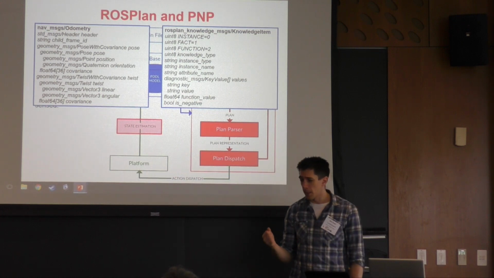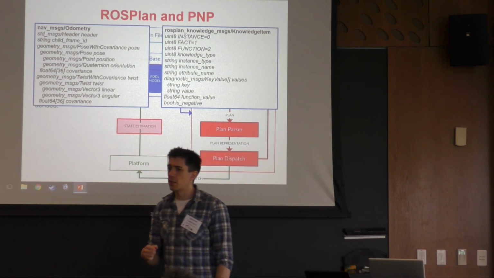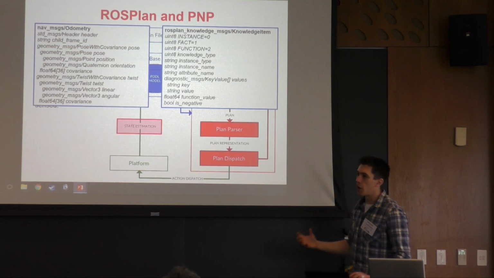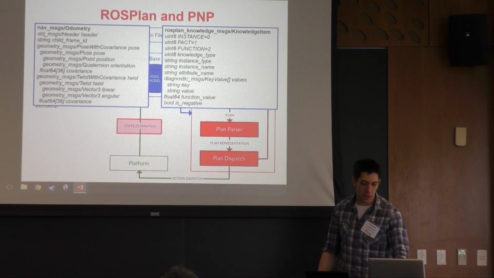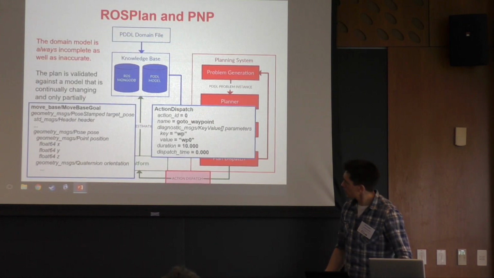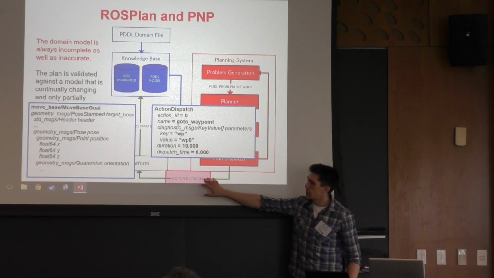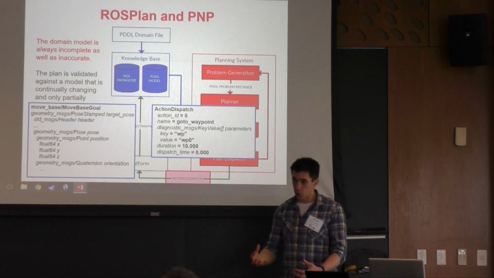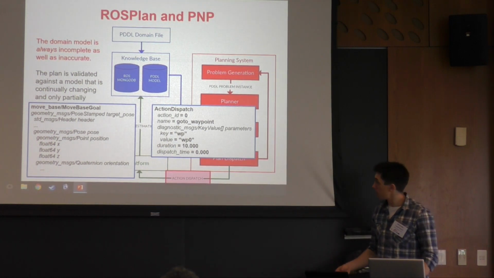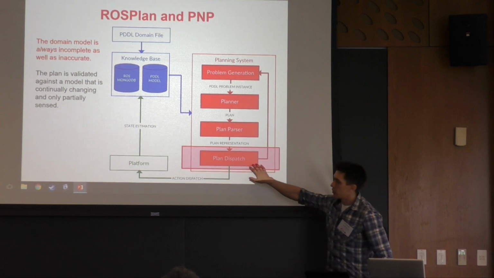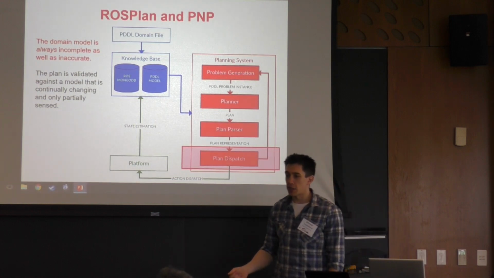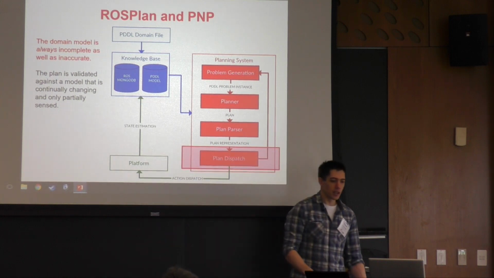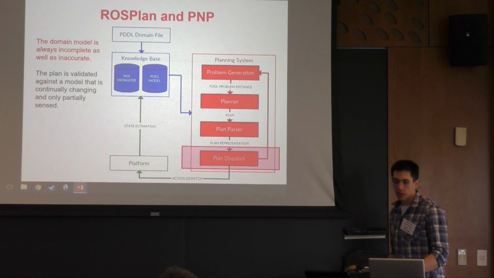And importantly, all of the state estimation that's performed there is the state estimation required to be able to validate the current actions in the plan. Similarly, these components which translated the symbolic PDDL into the low-level control will also be replaced by the ROSPNP library. And finally, this node here, which determines which actions should be dispatched to the controllers, is replaced. So these three parts aren't required when using ROSPNP.